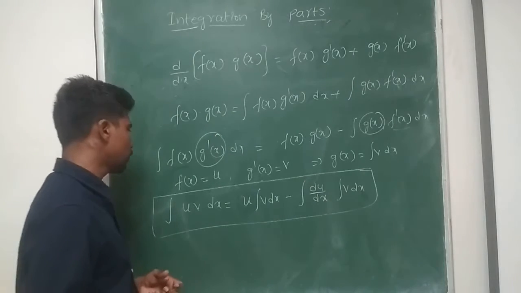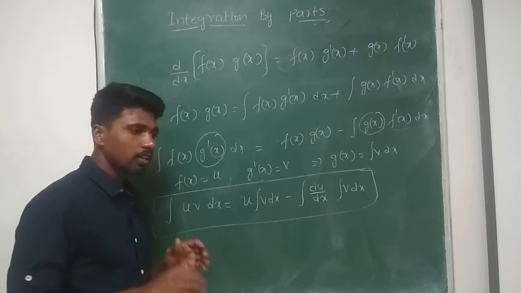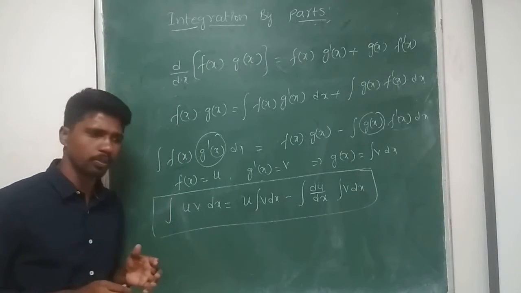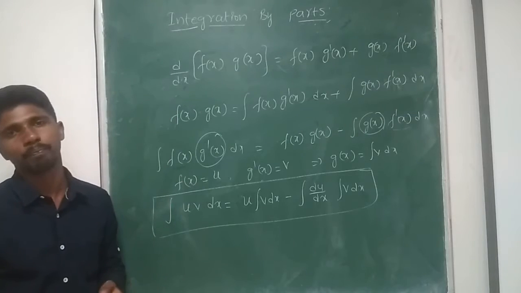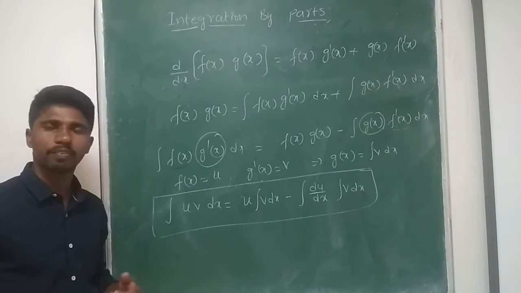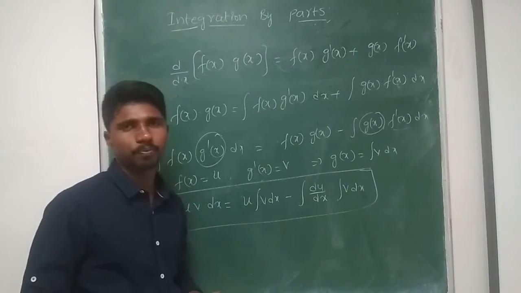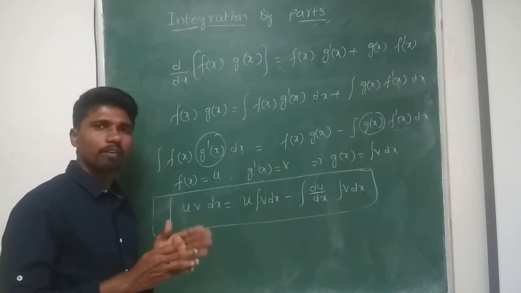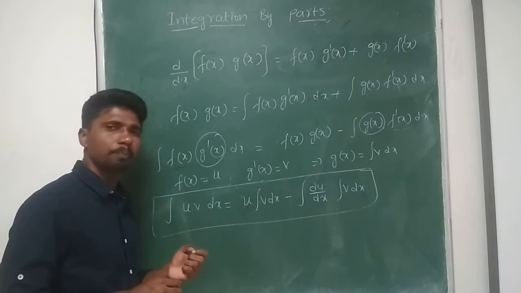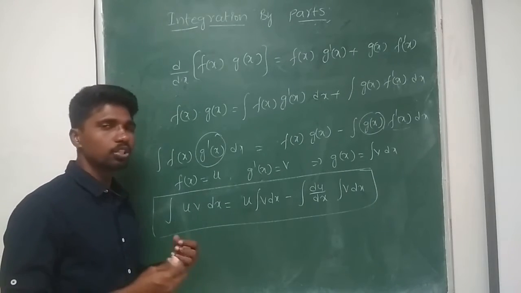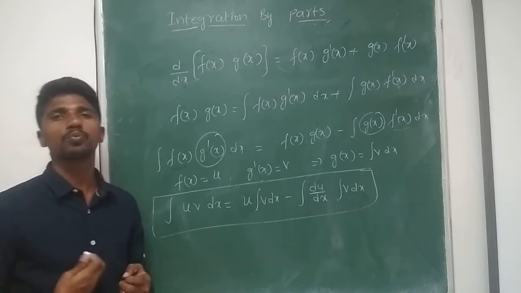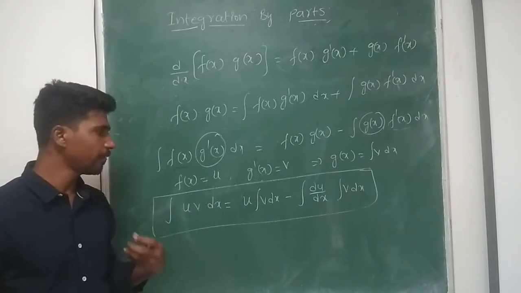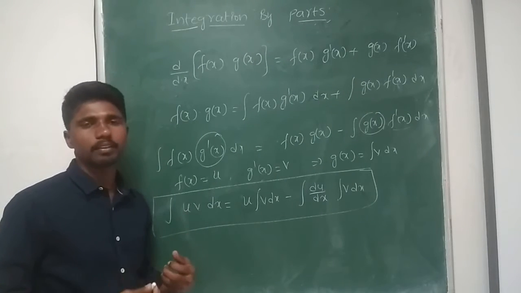So if I want to find the integration of a product of two functions, it is possible. The integration of a product of two functions is possible if the functions are differentiable. If the given functions are not differentiable, then this formula cannot be applicable. And while applying this formula, the choice of u and v plays a major role. Which function we consider as u and which as v has a major impact on the solution. If you do not consider it in a proper manner, we cannot get the answer.